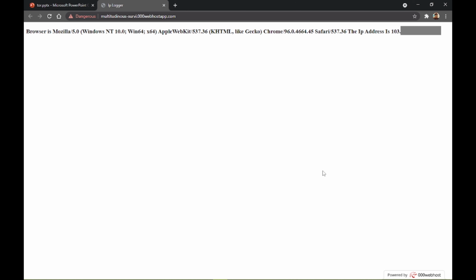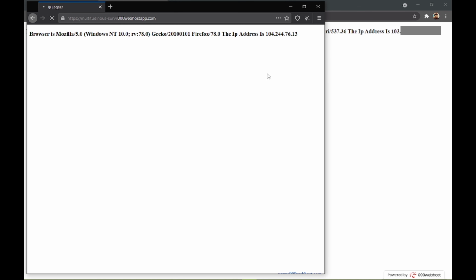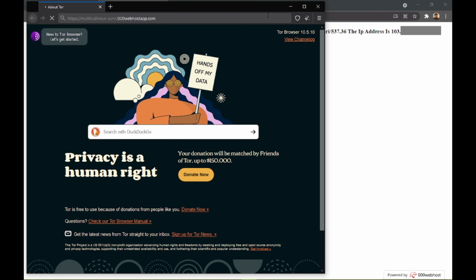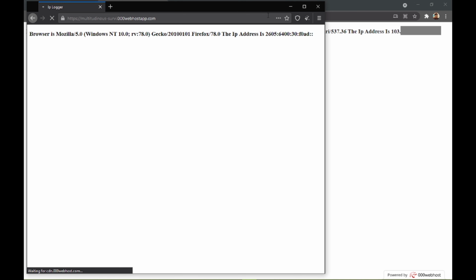Okay, I'm revisiting the website that we made in the previous video for Tor, and you can see that my actual IP address starts with 103. Let's open the Tor browser here, and you can see that my IP address starts with 104, and now it's being changed. Let me refresh it again. My IP address on Tor, which is by the way an IPv6 address, starts with 2A0B, and let's get the new identity. It would change my whole IP address or whole network. So I am seeing this IP address.